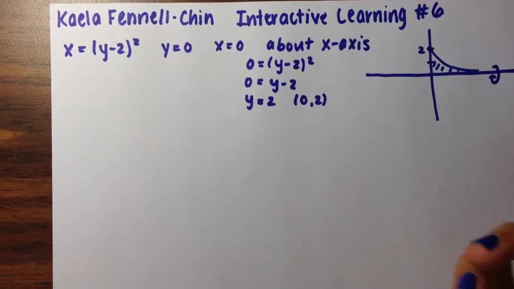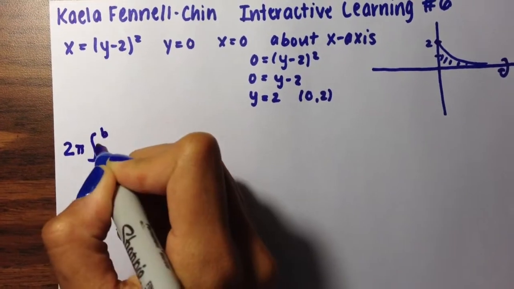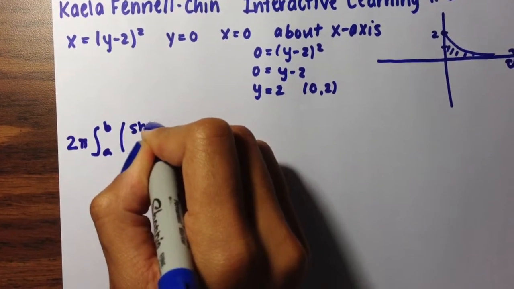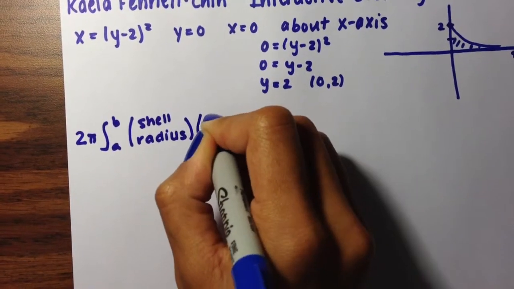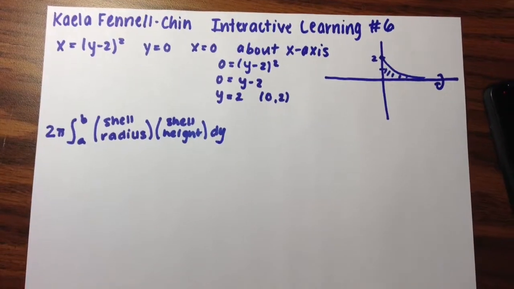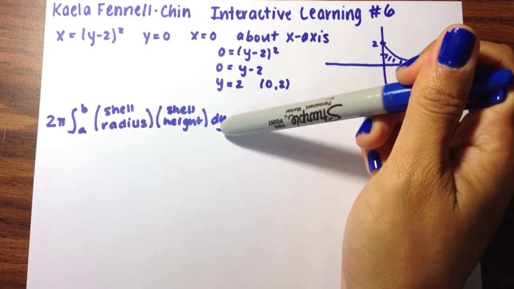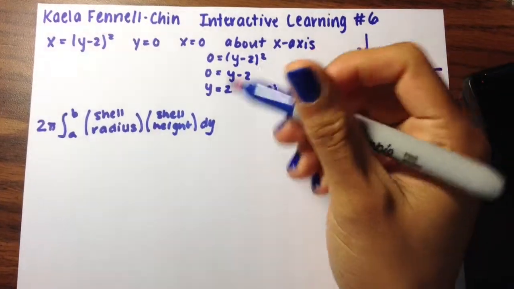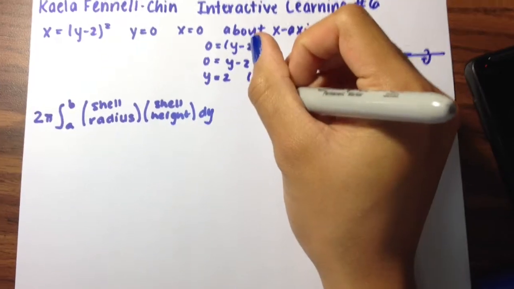since these are not the same. So for our shell method, we're going to have 2 pi, the integral from a to b, which are going to be our limits, multiplied by the shell's radius, and then multiplied by the shell's height. And everything's going to be in terms of dy, since everything has y in the function. So now we're going to determine what these are in place of our functions. So our height